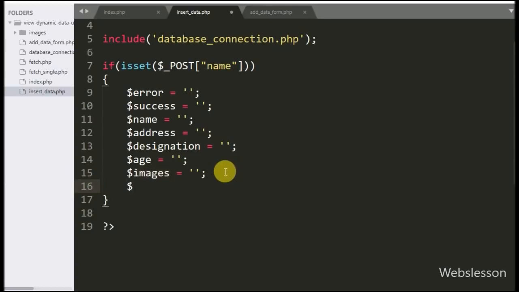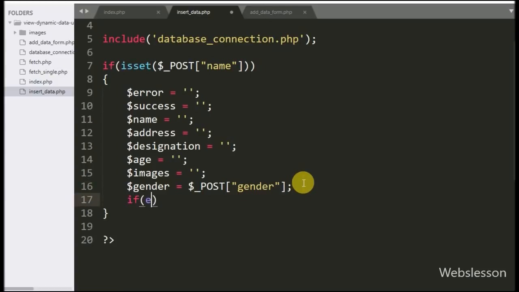After this, we have write $gender variable is equal to $_POST gender variable. In this variable we have store employee gender details. Now we have write